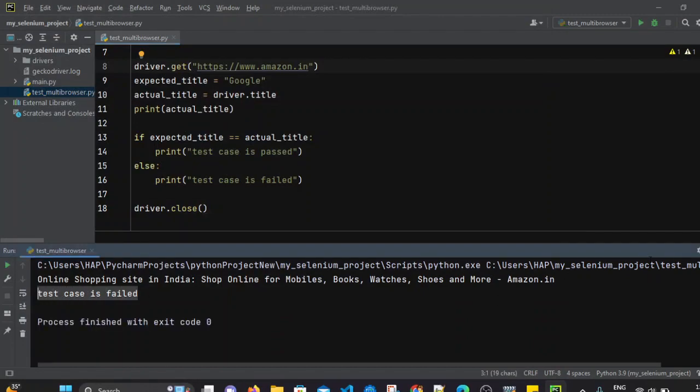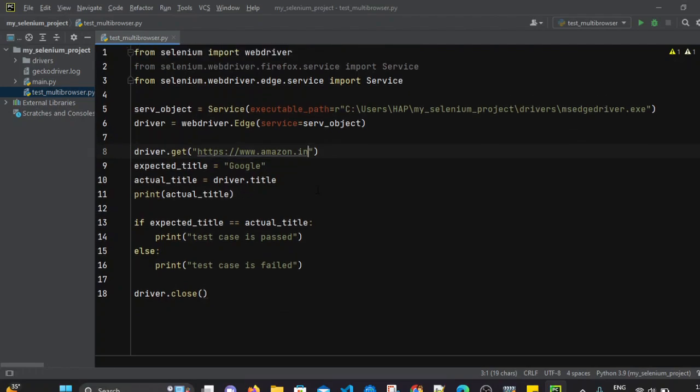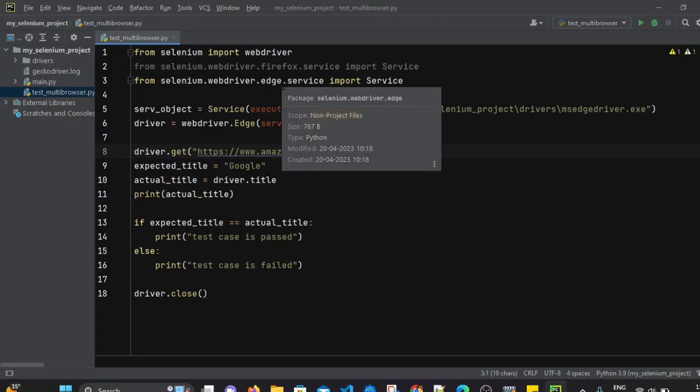So we have seen running the test case on the Firefox browser as well as the Edge browser. In the previous session we have already executed on the Chrome browser. For the coming sessions we will execute the test cases mainly on one browser, that is Google Chrome, but we should know how to execute it on Firefox as well as Edge. We have to provide the executable path of the driver of the Firefox or Edge browser, whatever browser we want to run, and while importing the service we also have to remember to import it from Firefox or the respective browser.